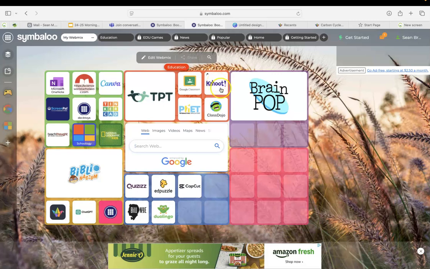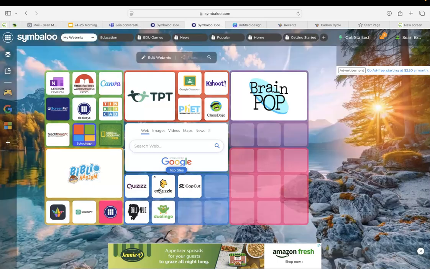I'm just noticing I actually use Blooket now, which I should probably add. CapCut. I think there's a Microsoft app called Clips, which is kind of like TikTok, so it's really user friendly. But I guess CapCut's kind of similar. Edpuzzle's a cool resource my school has access to, where you can use videos and embed questions. So it's great for covering topics, like reviewing a topic, and then Google, of course,